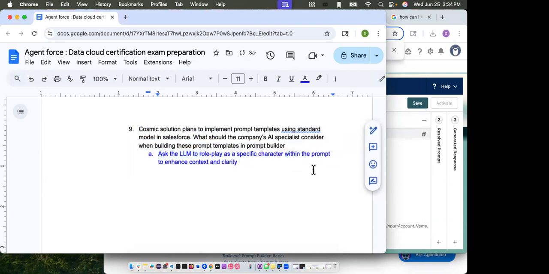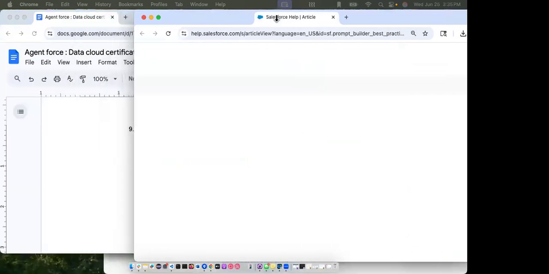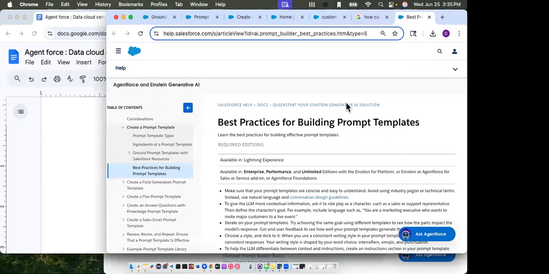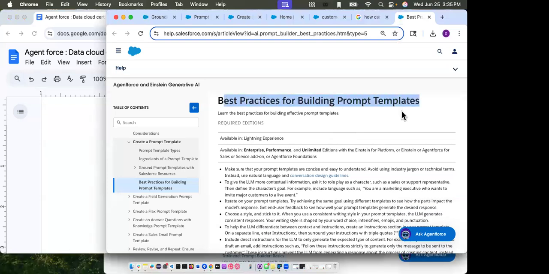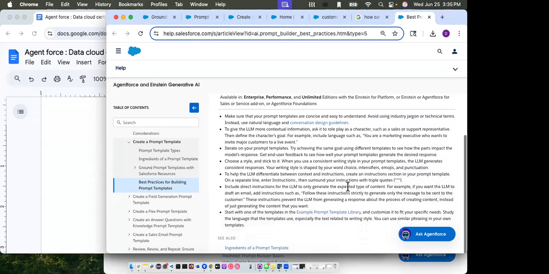and the clarity. Like we just understand how it is behaving as a sales representative when they ask the questions and so on and so forth. Now, asking the LLM to role play as a character in the prompt provides a context and guidance for generating a response. This is also a good technique to help produce more accurate and relevant data on the org. So these are some of the best practices for building the prompt template,